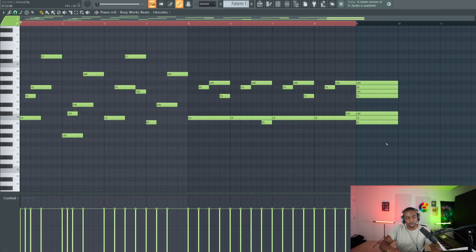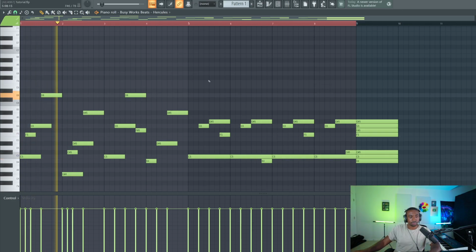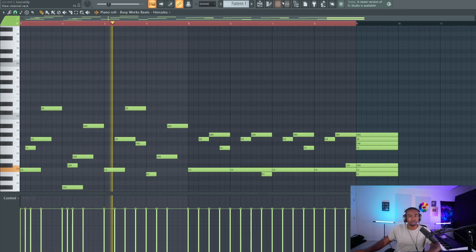Now, some of these sounds are meant to be an octave lower.